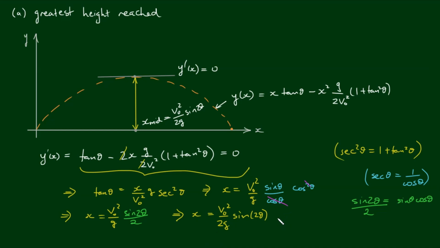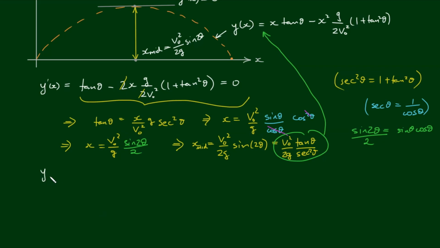And now, just to confuse you a bit more, I am still going to use x mid is equal to v0 squared on 2g by the tan of theta over the sec squared of theta, as this is what we're going to sub into this equation to find the maximum height. So let's do that, because y max, the maximum height, or the maximum y coordinate, is going to occur at x mid,